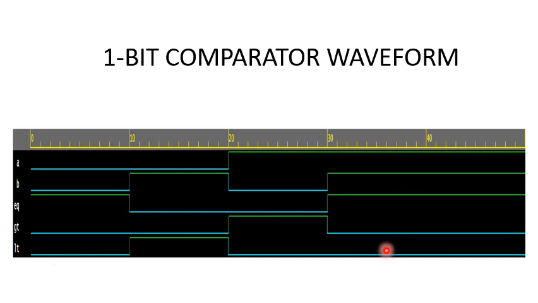Okay. This is how you should be analyzing the waveforms. So whatever you have given in the test bench, the time sequence, whatever you have given, that will be reflected in the waveform and you should be able to analyze that and make sense out of it. We have seen how to write test benches for a number of combinational circuits in the last 3 videos. So by now I hope you must be comfortable in writing test benches at least for combinational circuits.